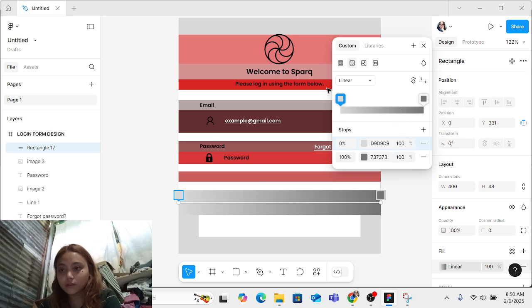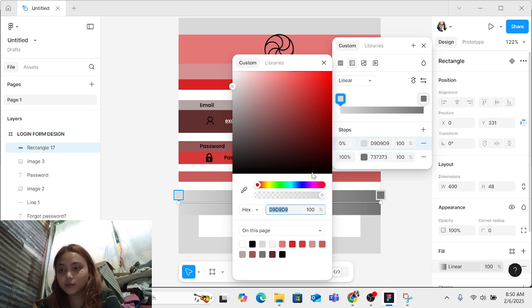So first, let's change that into the violet one.